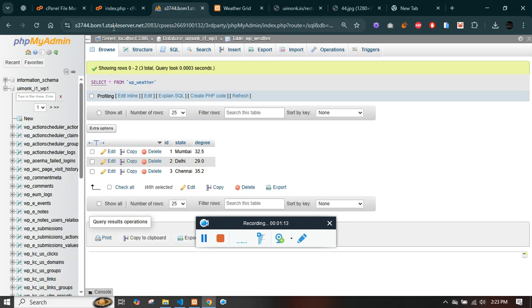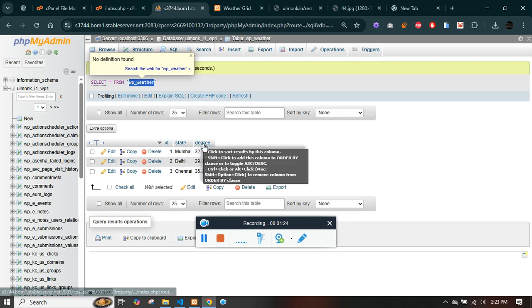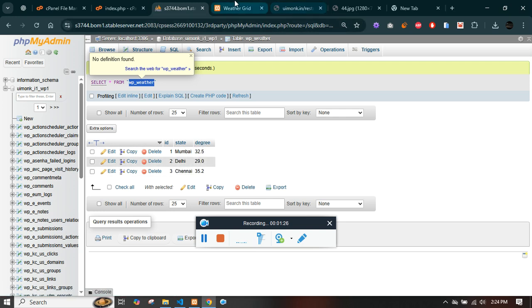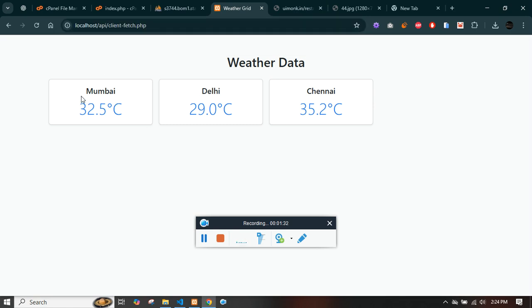As a real world example, I have used a weather API, so we can call this a REST API, which fetches the weather information. You see this is the server, and I have a table called WP weather inside my WordPress database, and it has the columns state and degree. This data we are fetching into our localhost. Consider this localhost as uxmonk, and we are using the data which is actually in the table. We'll see how to use this. It's a first step towards our REST API journey. We'll be just using the select